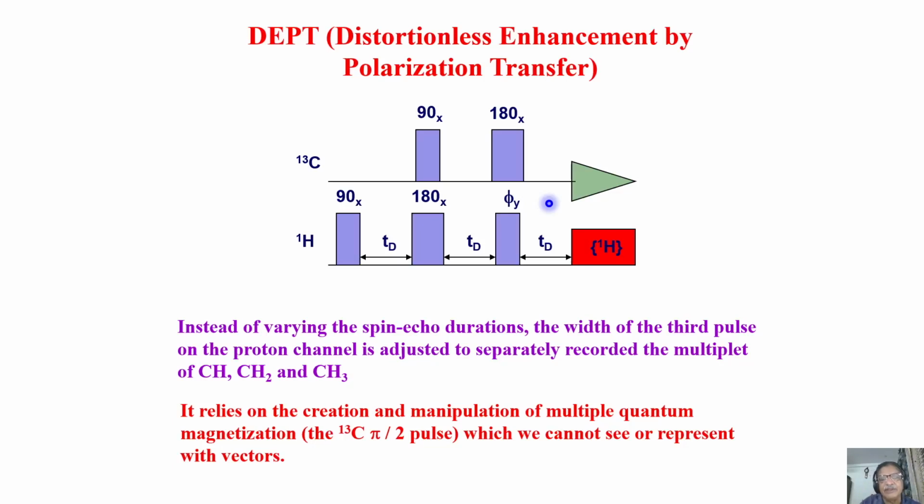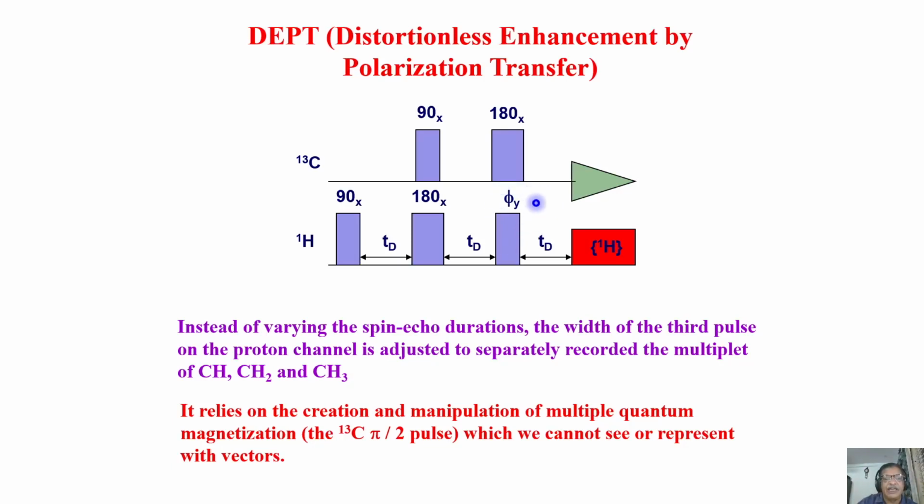Now what I will do is record the spectrum with proton decoupling. So I get 3 different peaks for CH3 carbon, CH carbon, CH2 carbon. Measure the intensity of each of these peaks by varying the angle phi. I vary the angle phi, 5 degrees, take one spectrum, and measure the intensity of each of the carbons.